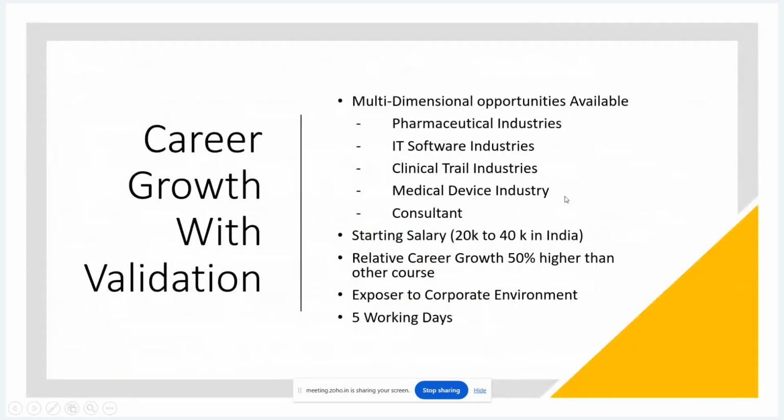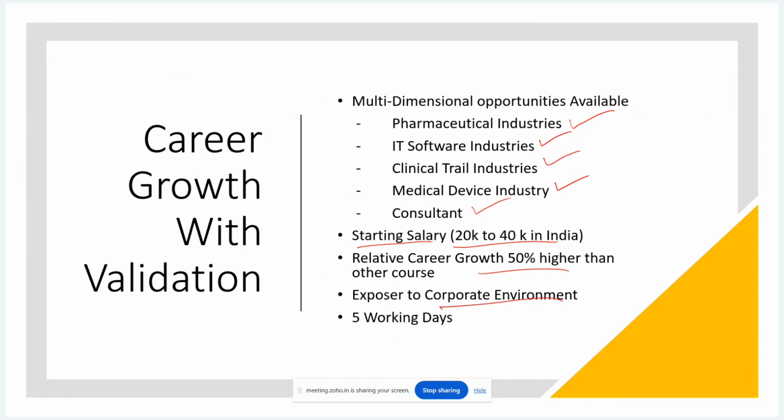What is the career of a CSV expert? Once you complete the CSV course, you can go into any of these industries: pharmaceutical, IT, clinical trial, medical device, and consultancy. The starting salary for a fresher is around 20,000 to 40,000. Career growth is 50% higher than other courses.